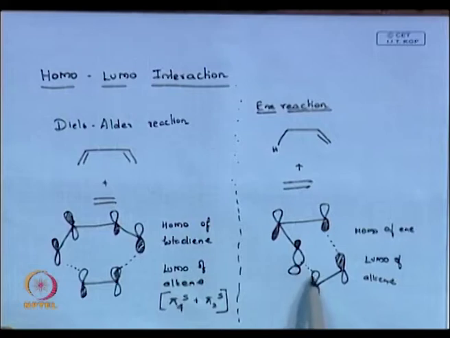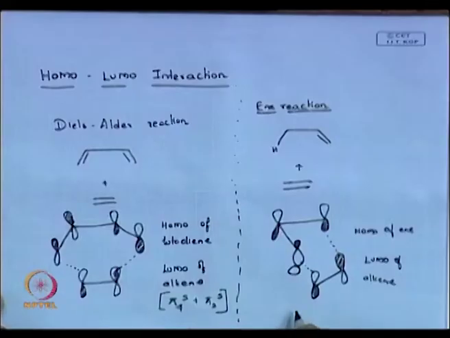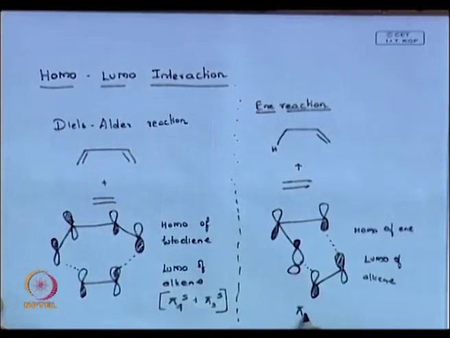So, it should be a suprafacially favored reaction. But how to represent this? Like pi 4s plus pi 2s, you cannot write like this because there are not 4 pi electrons included in your ene. The best way of writing is pi 2s plus pi 2s